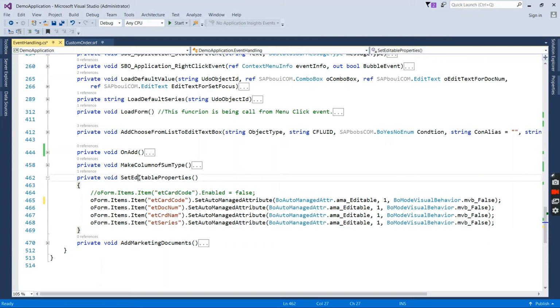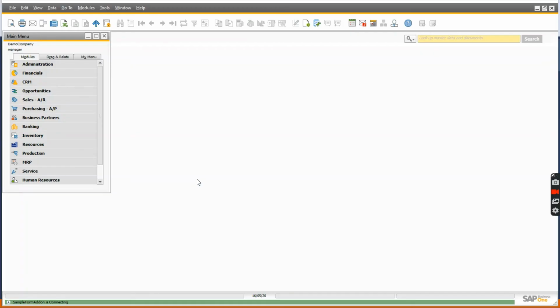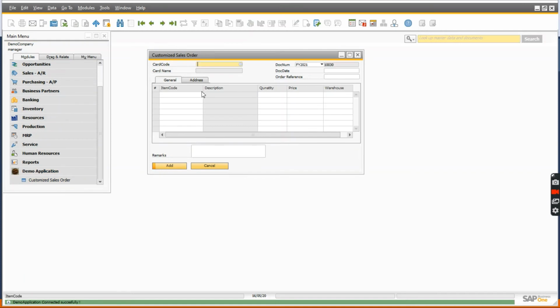So let me run this application and we'll see on screen. Let me navigate directly, because we have done the changes on click of the navigation button.